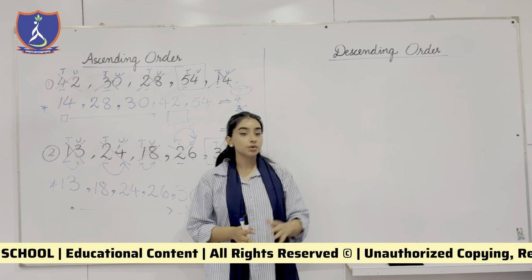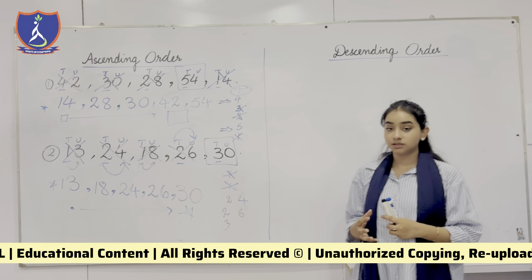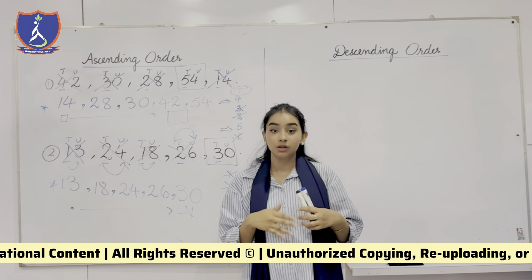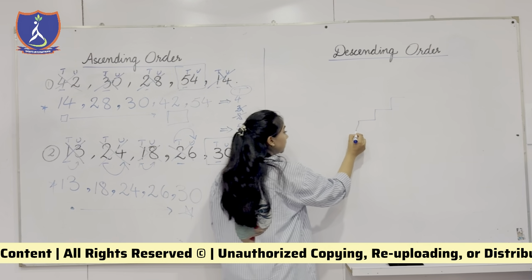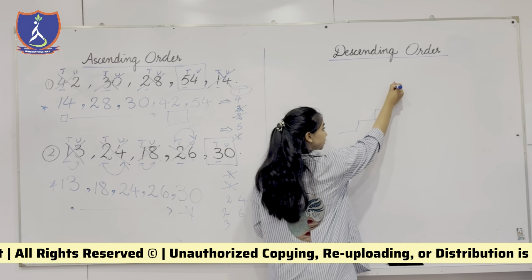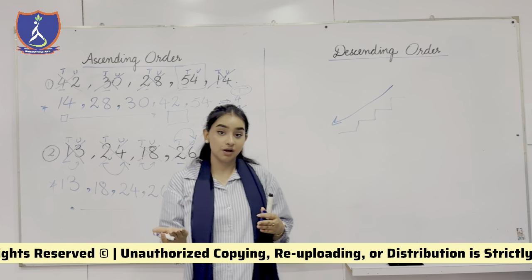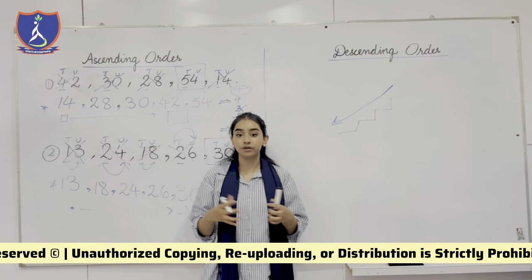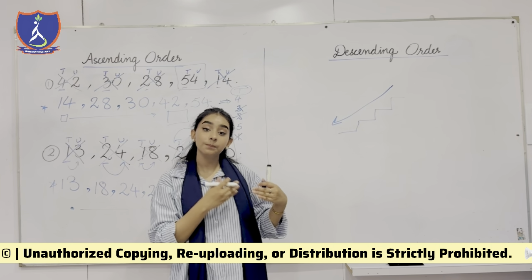Now we are moving towards descending order. In the concept of descending order, we are discussing the values that are from the bigger value to the smaller value. Just imagine that you are inside a mall. You are inside the shopping mall, correct? And you people have to come from the highest floor to the lowest floor. You are at the food court right now. You are having your dinner or your lunch or a free time in the food court. And you have to come down till the parking area.